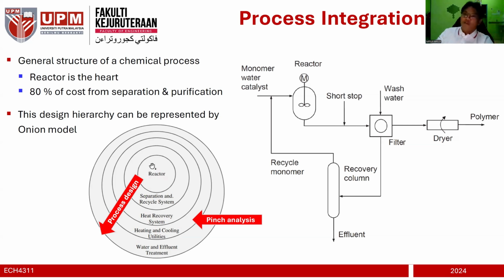Now, after that, for example, you have a reactor, you have a monomer, right? After that, you have a feed, and then it goes to the reactor, and the reactor will definitely produce byproduct, and also does not fully convert. Sometimes it has a certain percentage of conversion. So you also have to deal with unreacted material, the product, the byproduct, and the inert, for example, right? So reactor first. Then because of that, you have to design a separation and recycle system. So they become the second layer of the onion.